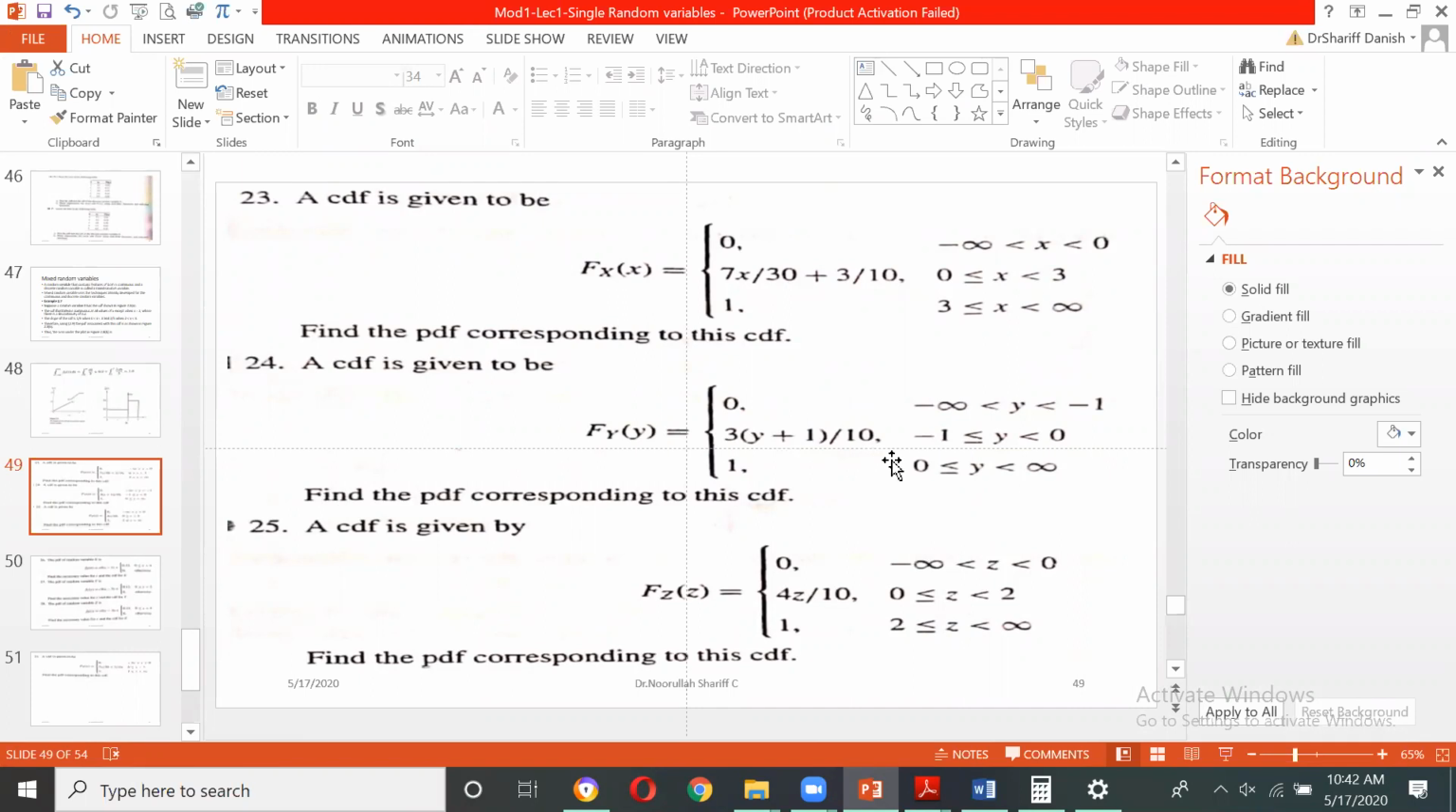Then at y equal to 0 onwards, the value of F_Y will remain 1. That is, after y equal to 0, between 0 to infinity, F_Y will be equal to 1. So if you want a PDF, what you should do? Again, you need to consider the